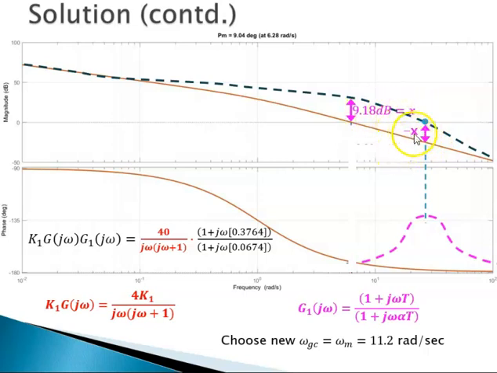If you want to cancel it with a minus x, this is the point where you get minus 9.18. So the frequency omega m at which the magnitude is minus 9.18, the frequency we took as 11.2. If we choose this as the frequency,